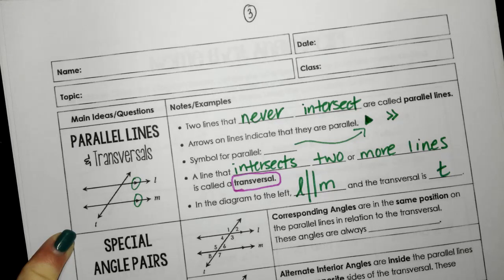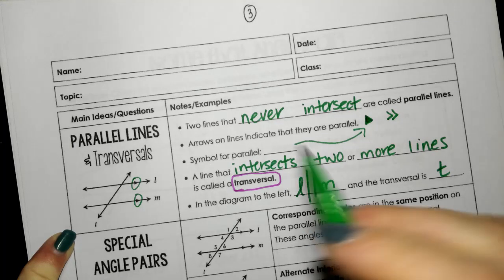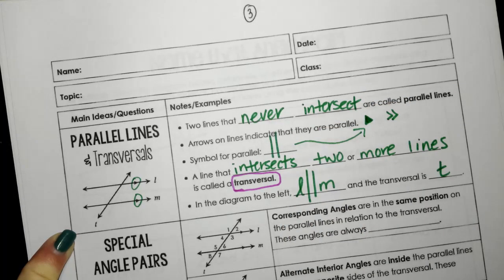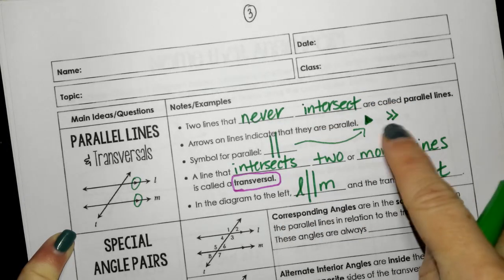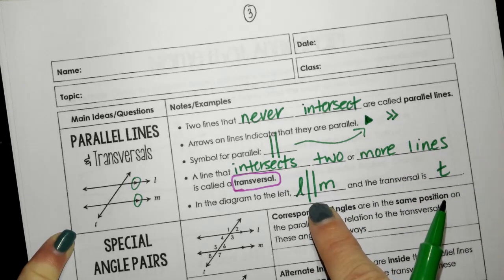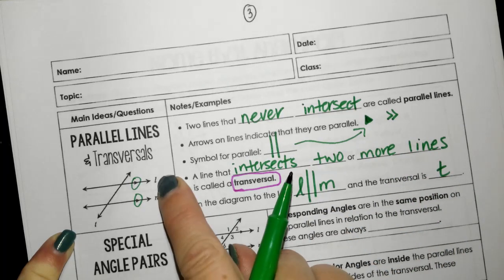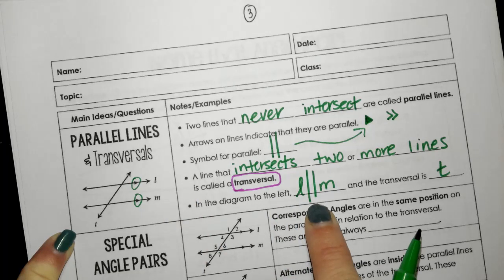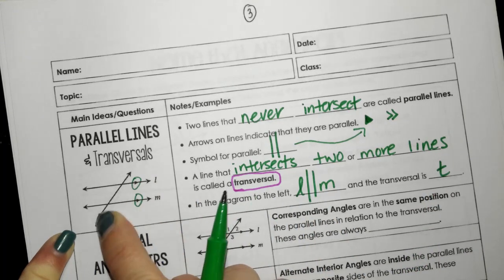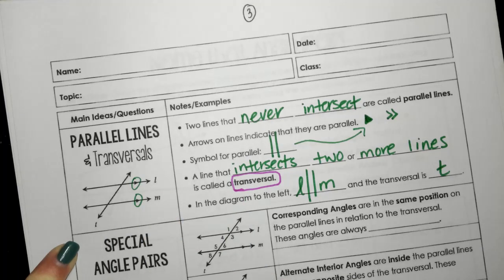And as I was writing that, I realized I made a mistake above. This is the symbol for parallel, which is actually just two parallel lines. That's the symbol that we use. This is the symbol for parallel. So when I want to say that two lines are parallel, L is parallel to M, we would write it like that. And then the transversal here is line T. So it's just the line that crosses two or more lines.